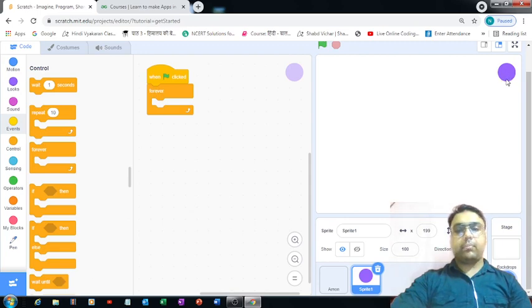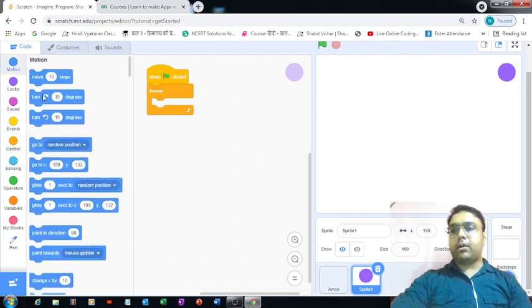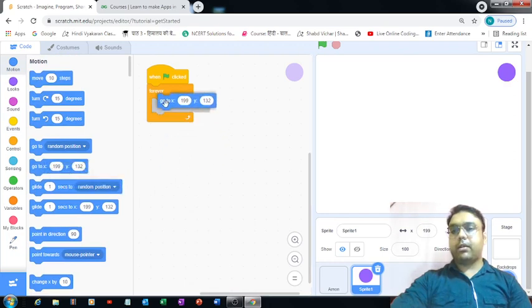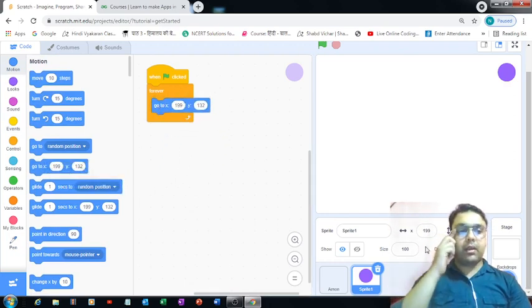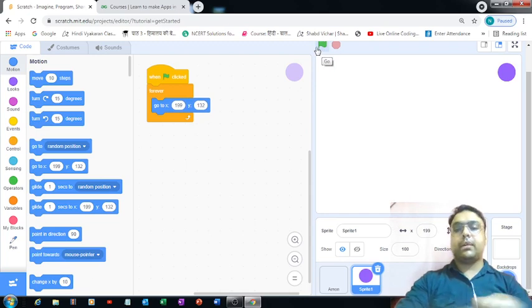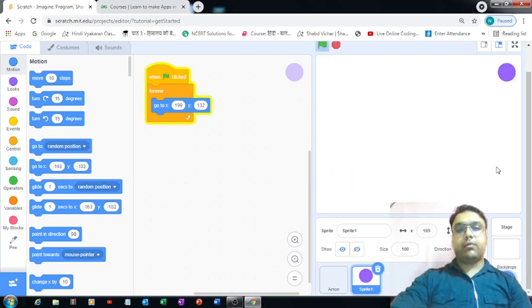Now I need to find out the coordinates of the point where I have kept this circle. So I think this can help me in doing that. Yes, so these are the coordinates. As you can see here also, the value of x is 199 and y's value is 132, and here also it is 199, 132. Right, so whenever the user will start the game, he is going to see the circle over here. Even if you move it over here and start the game, it will come back to its initial position. Right, okay, perfect.